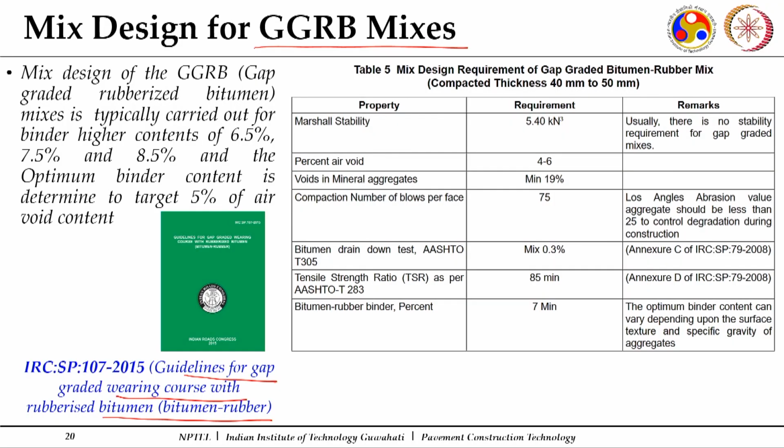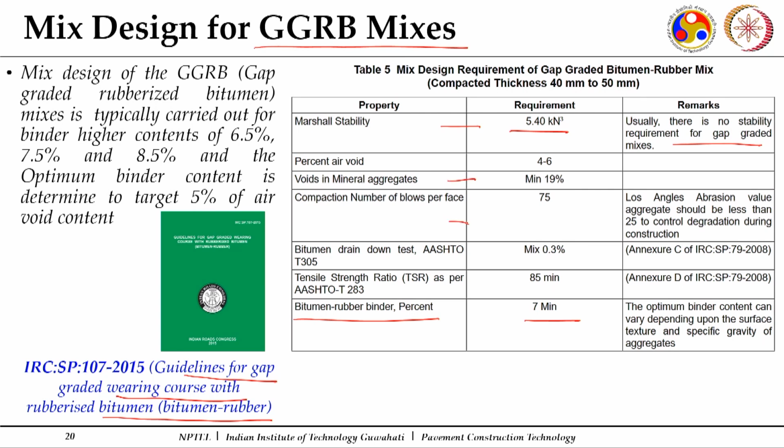Here again you go for binder contents which are slightly higher. It says that the bitumen binder percentage should be at least 7% as the minimum, and the requirement of Marshall stability is comparatively less for gap graded mixes, and then the